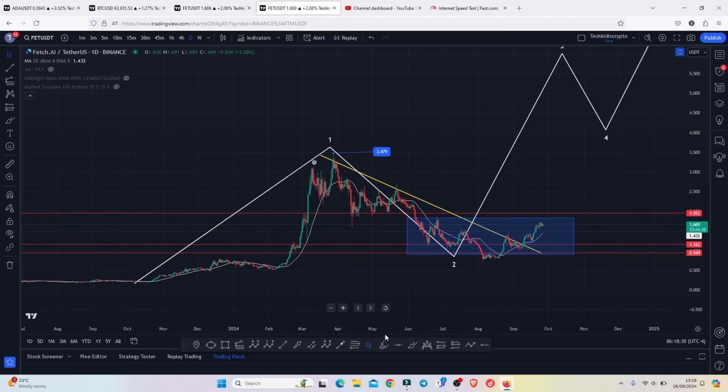And starting the video here on the daily chart, you can see that after getting our bear market lows, we saw an aggressive bounce in a move that has now given us a high above the 3.479, completing the formation of this Elliot wave count 1. And after we peaked in that Elliot wave count 1, we started a pullback in this Elliot wave count 2, whose minimum target areas I have highlighted here on the charts using this blue target area,